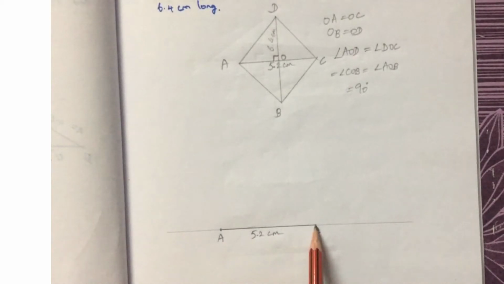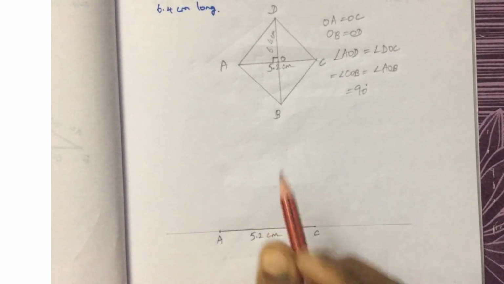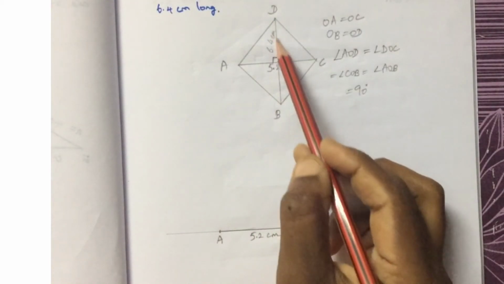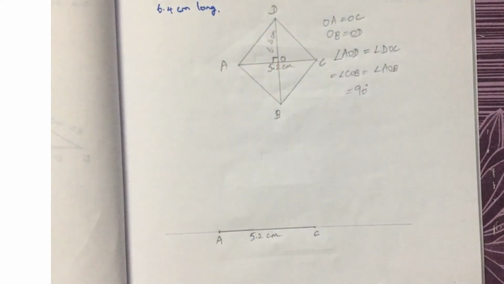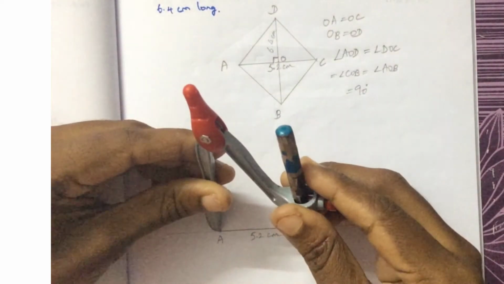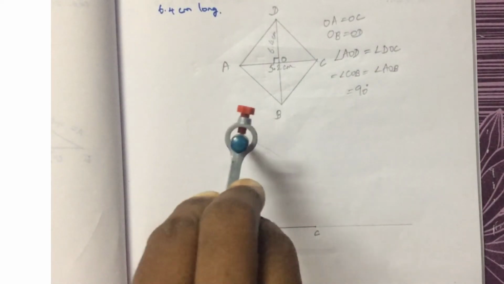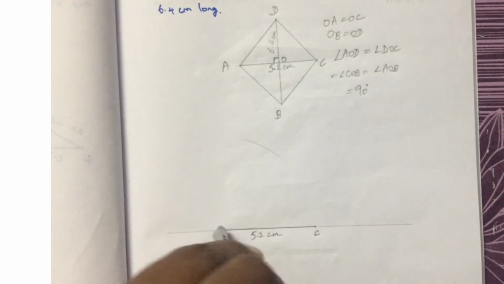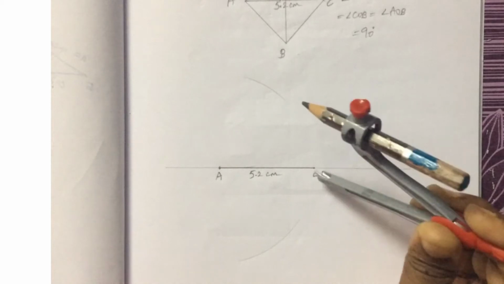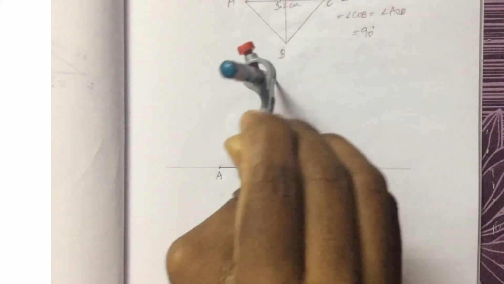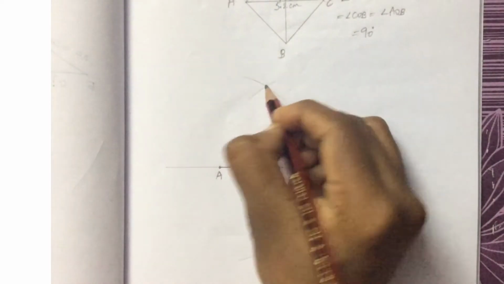First take 5.2 centimeter. Now we have to mark this point O. You should not divide and mark it with a scale. You should draw a line such that the line passes through the center point and also makes a 90 degree angle with this. For that, take your compass, measure this AC, cut an arc, one in the top, another one in the bottom. Again with the other center, cut like this, cut like this. Now we join these two points.